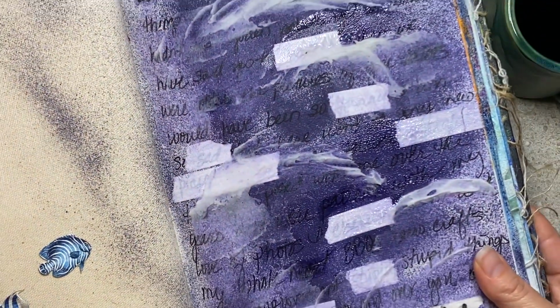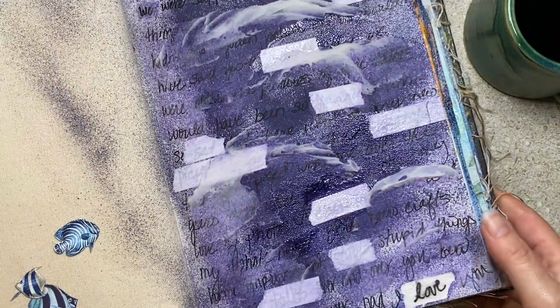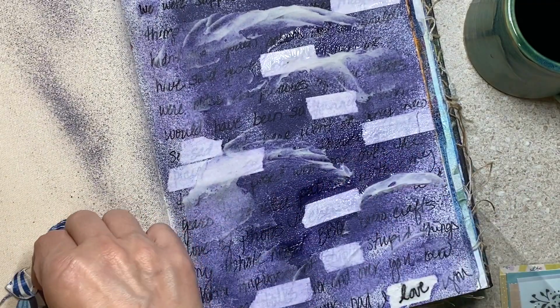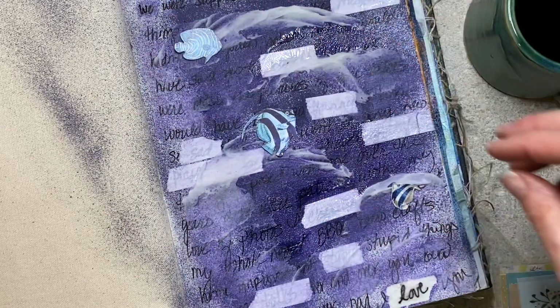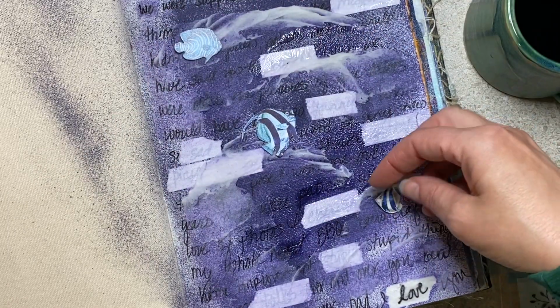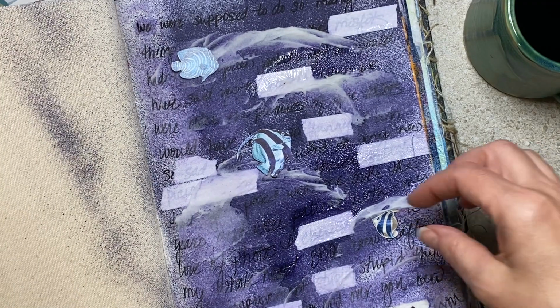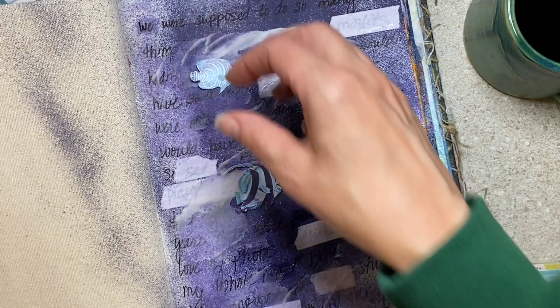Oh, I'm working on an art journal page. I was working on this yesterday. It's going to have some fish. It's still sort of a work in progress mess. It's more purple than I would like. And then I was like, do I have any fish? And I didn't have any fish. And I knew Noni would have fish stamps, probably fish dyes, all sorts of things. But I just didn't want to mess with that. So then I remembered that I had